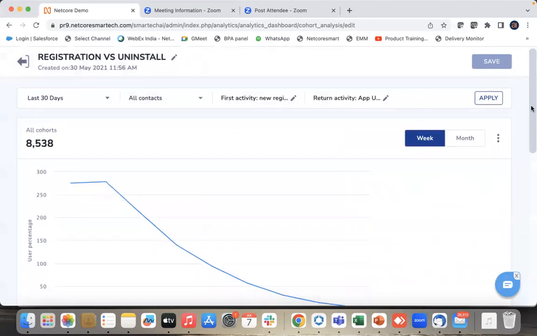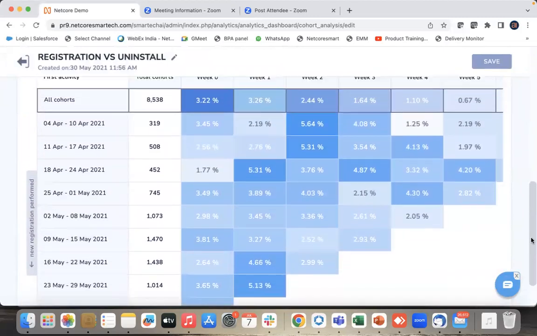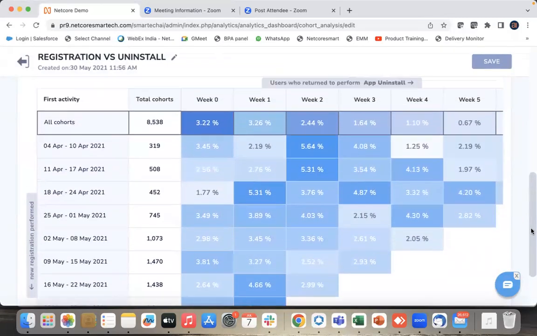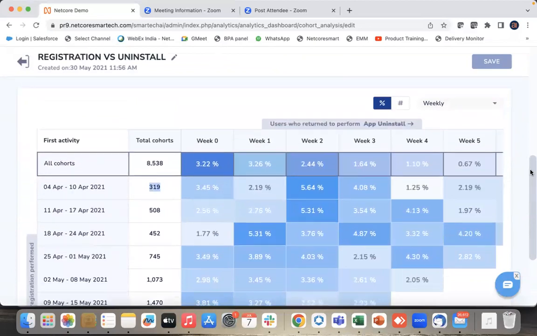So if I want to create a weekly or a monthly cohort over here, I can select that, and then I'll get this kind of a report in front of me. So this means, on the y-axis, I have the registration event, people doing registrations. For example, between the 4th of April to the 10th of April, the system saw 319 registrations. And within the first week itself, like less than 1 week, we saw 3.45% of customers doing the uninstall of the mobile application,